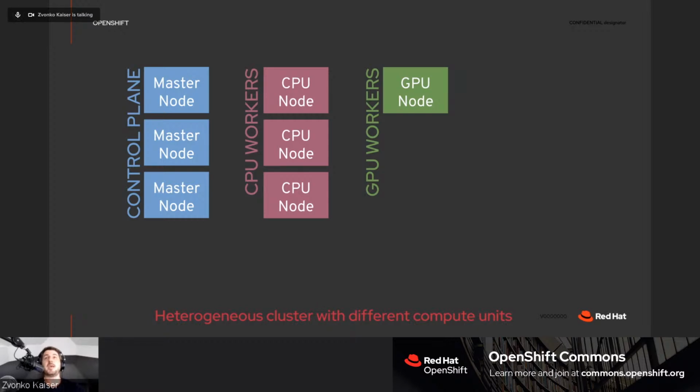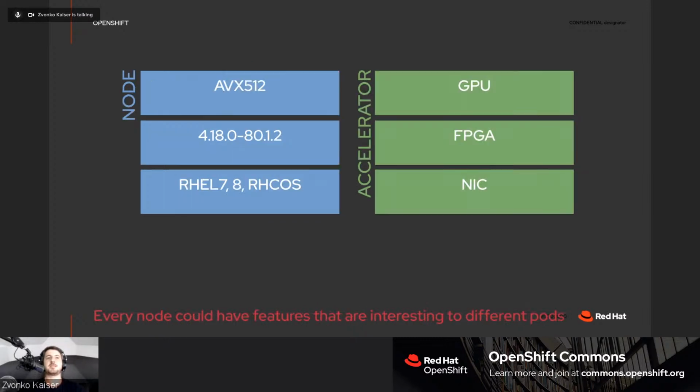The problem we have here is we have now a heterogeneous cluster. From the OpenShift point of view, we have 3 workers. OpenShift does not know that we have a GPU node. It knows that we have some CPU. It has only the notion of a worker. So what we've done in this case is,